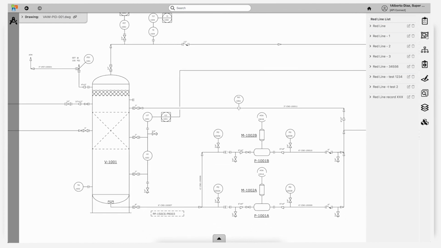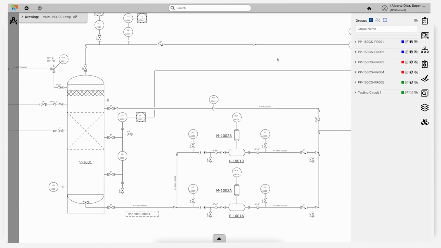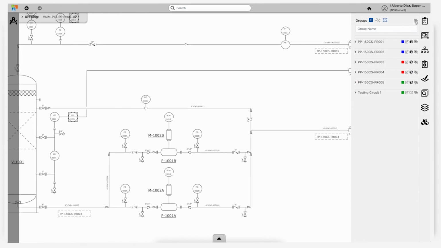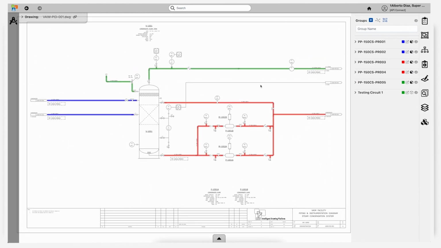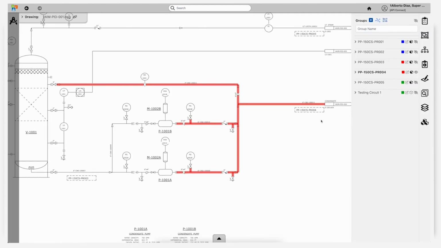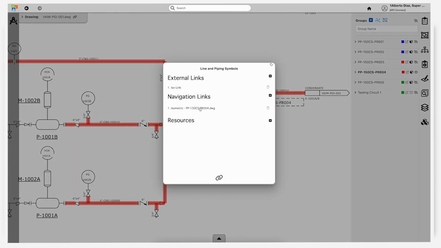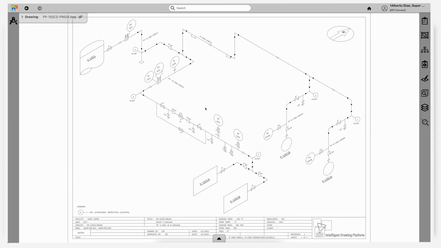Aside from this, one of the key features that our customers utilize quite a bit for visualization purposes and subsequent linking is basically the definition of circuits or systems on the drawings. This is an example of a piping circuit for inspection purposes. And if I focus on one of these specific circuits, you can see that I've got the label for it right here on the PNID. I'm able to basically click on that label and get to the isometric drawing that is associated with this particular